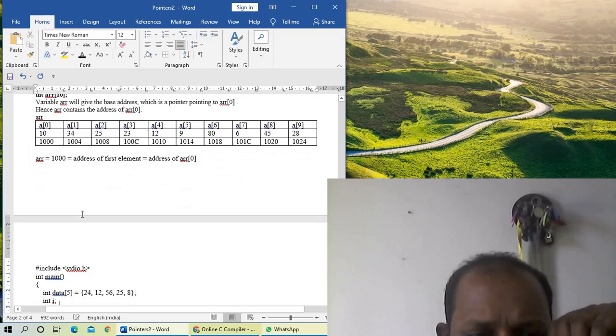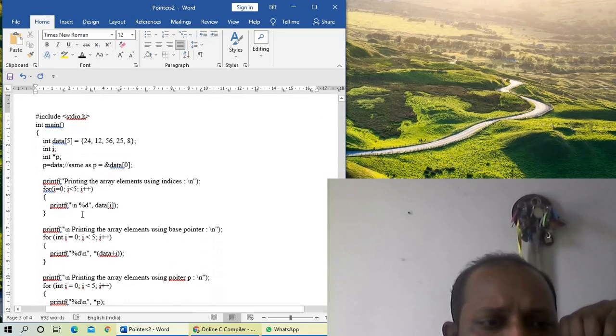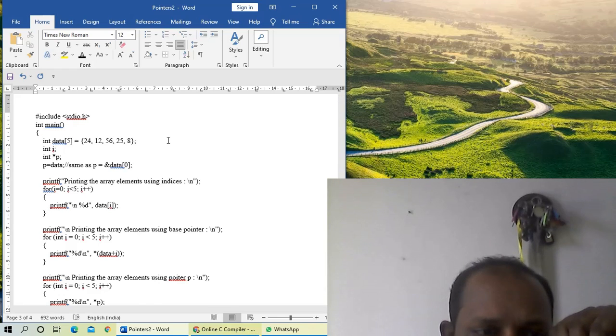Now we can see an example program. The first line: int data[5] = {24, 12, 56, 25, 8}. What is this? This is a one-dimensional array initialization. The array name is data, so the identifier data indicates a pointer to this array.